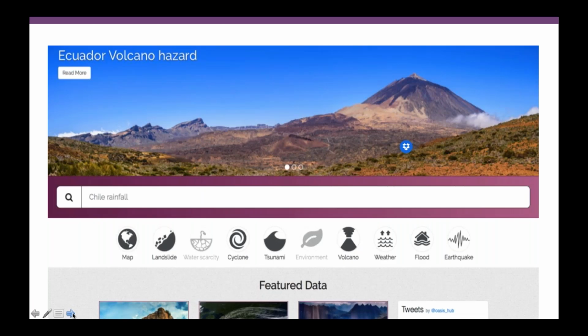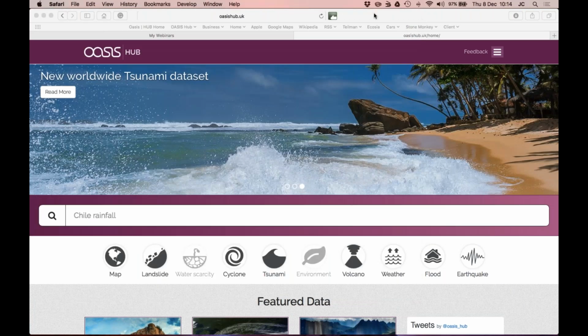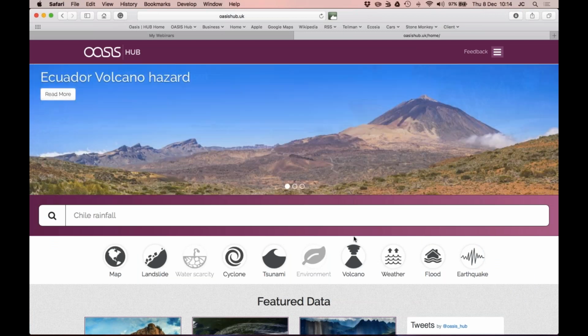So what I'm going to do now is, this is just a screenshot of the Hub website. So I'm just going to drop out of the presentation for the moment. Okay, so sitting in the background, I have my web browser open. So this is the home page for the Oasis Hub,